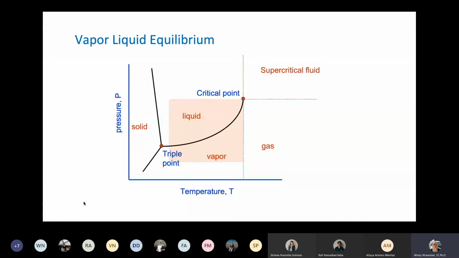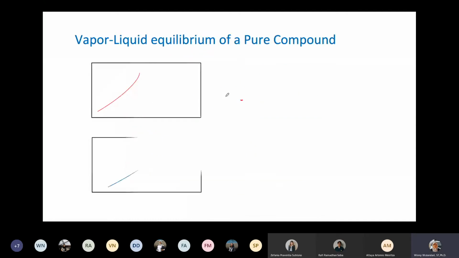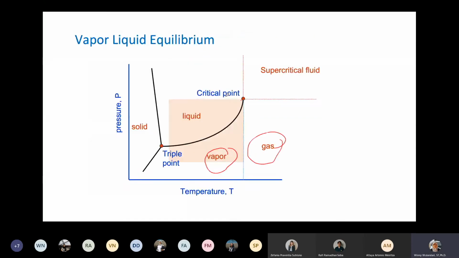Yeah, so this is a vapor liquid equilibrium. For the gas, the gas is around this area, and this is vapor. What we're going to look at is this area. The shaded area is the liquid and vapor area, which lies between the triple point and the critical point. Now, from this figure, the vapor liquid equilibrium, I'm going to take this line and